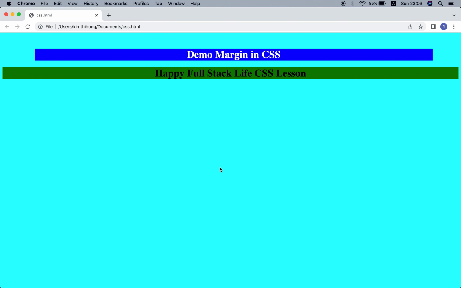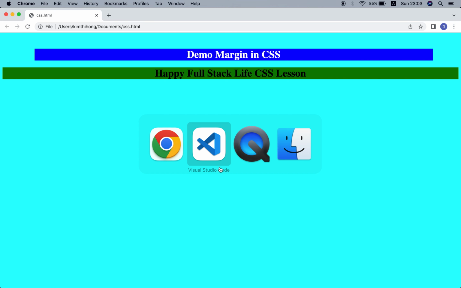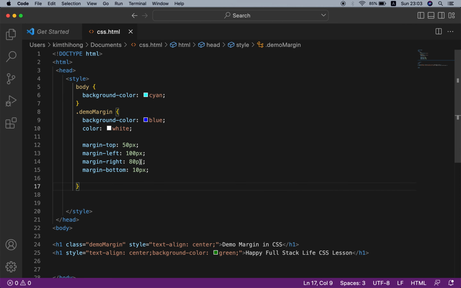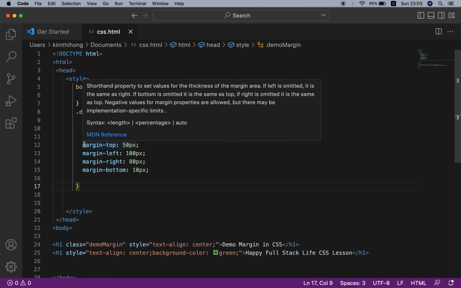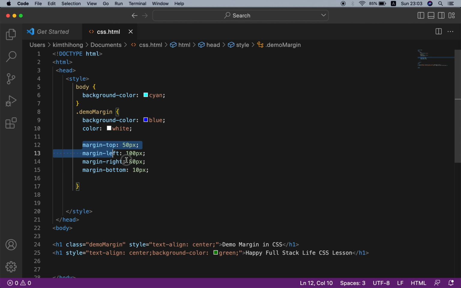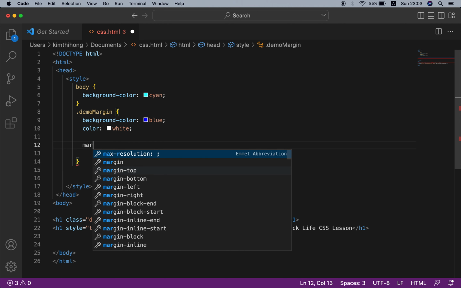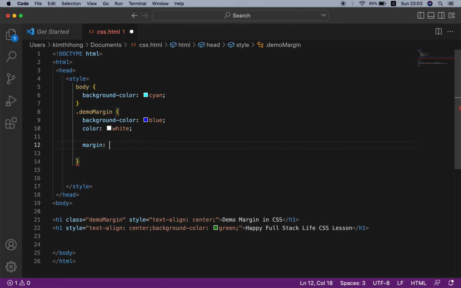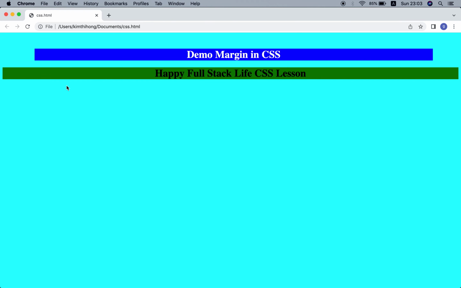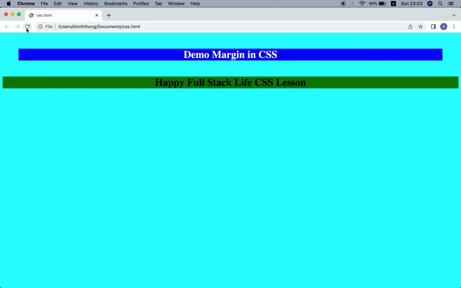That is, you can choose whatever you want for the margin of top, left, right, bottom. If only margin 50 pixels, then all four margins are equal.